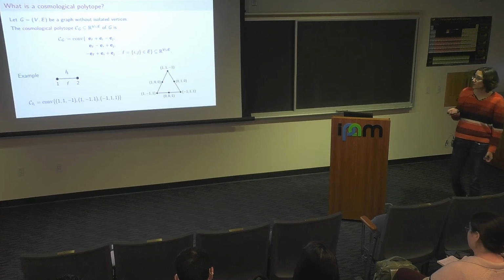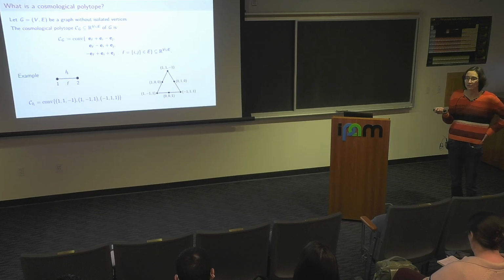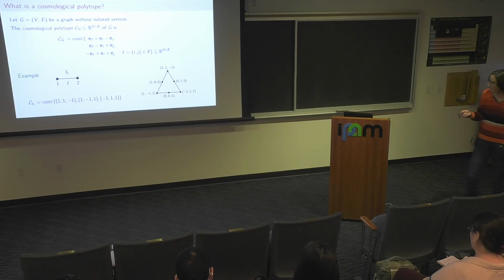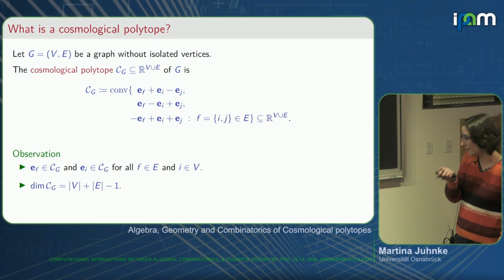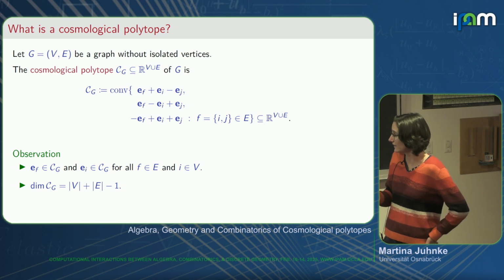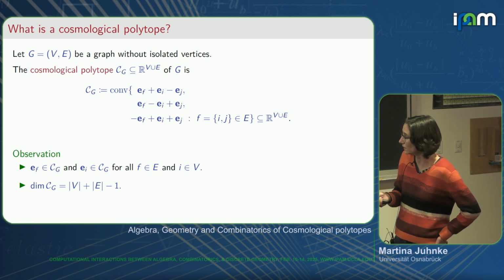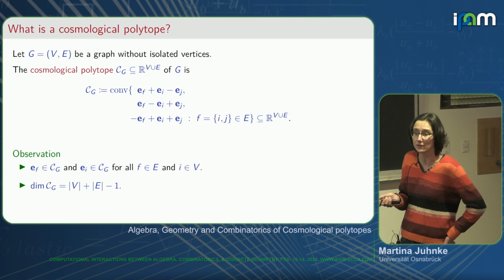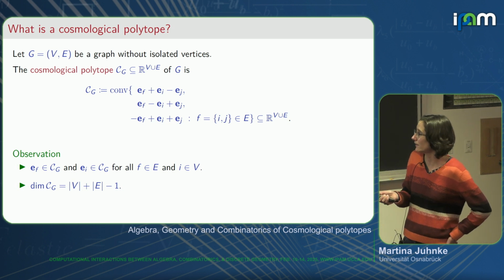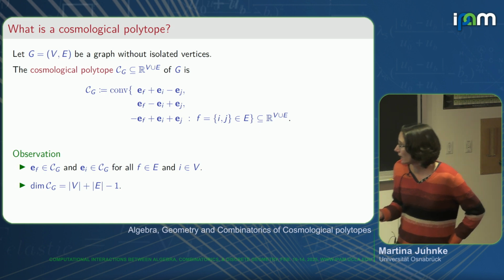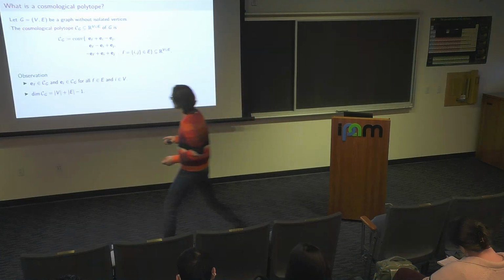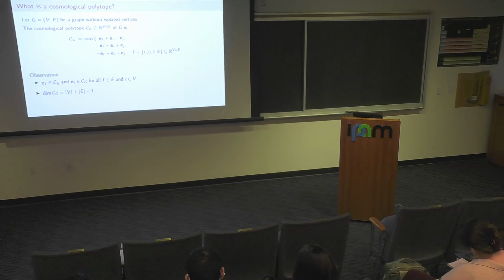So you will have all unit vectors inside, which already tells you that this has codimension 1. And the other observation, which I already just said, is we will always have the unit vectors occurring as lattice points. But beside the vertices, these are all lattice points inside this polytope. And in order to make it easier, there is a picture